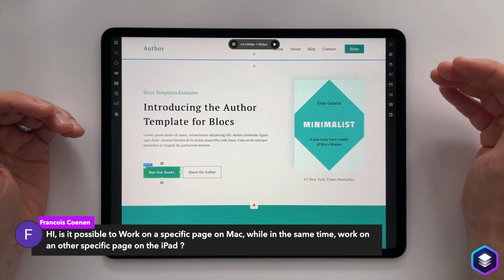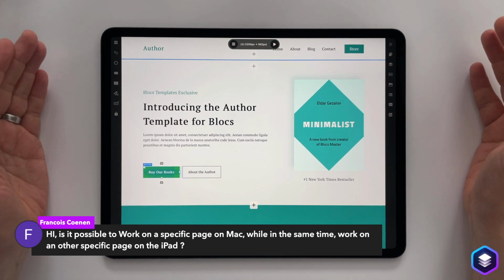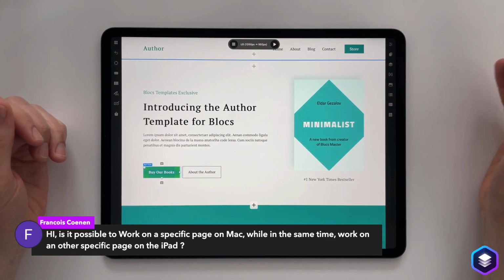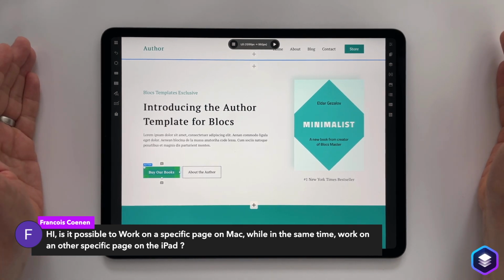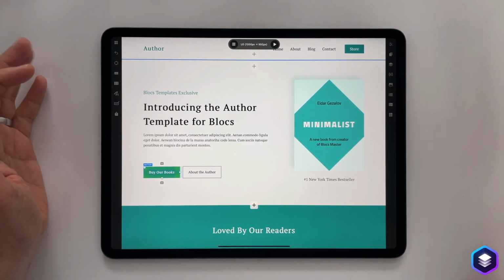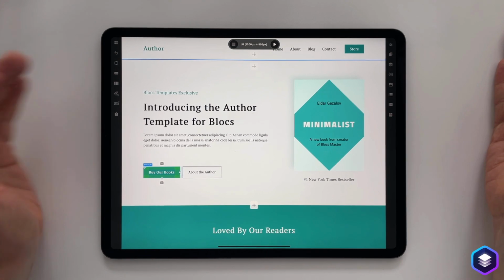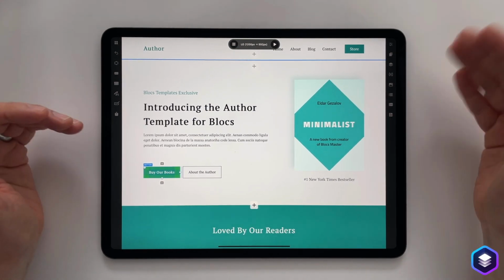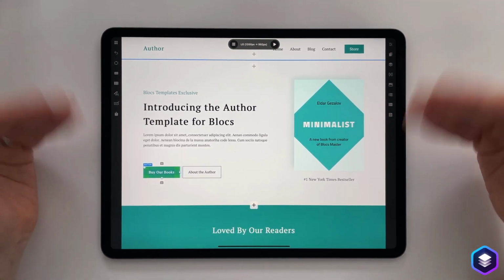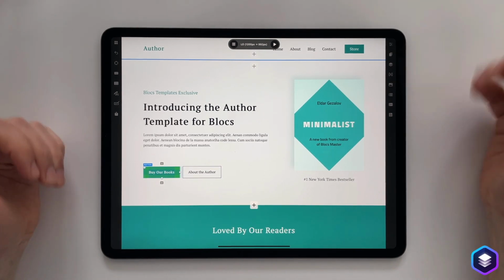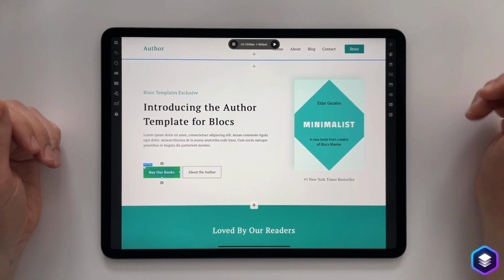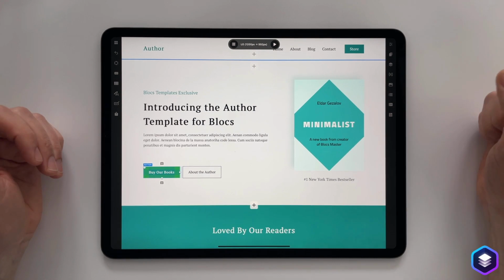So that wouldn't work, basically, in a nutshell. You would have to close the project on the Mac, open it on the iPad, and vice versa. If you were to make changes on the Mac at the same time as you were making them on the iPad, regardless of what page you are working on, you would probably start to lose data. So the projects should be opened independently.